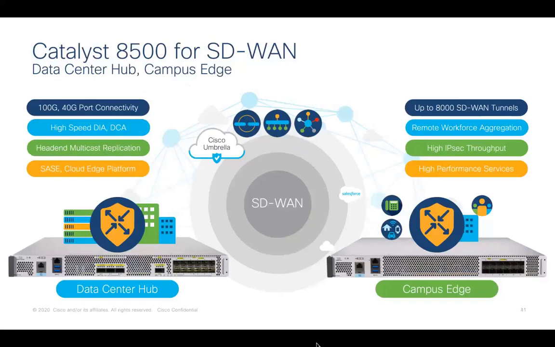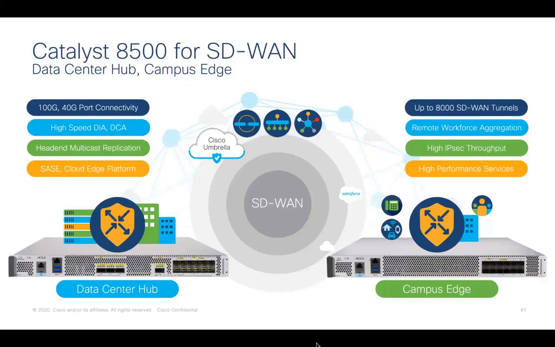multicast replication performance, again one of the key highlights here, because all those 896 threads can really do better when it comes to multicast replication, because you have to replicate the packets in multiples when you are sending them towards your listeners. These number of threads we get as raw power really uplifts the replication to new heights. This platform will be allowed for headend multicast replication. All the SASE and cloud scale use cases that are there on SD-WAN today for the ASR 1000 portfolio are readily available on these.